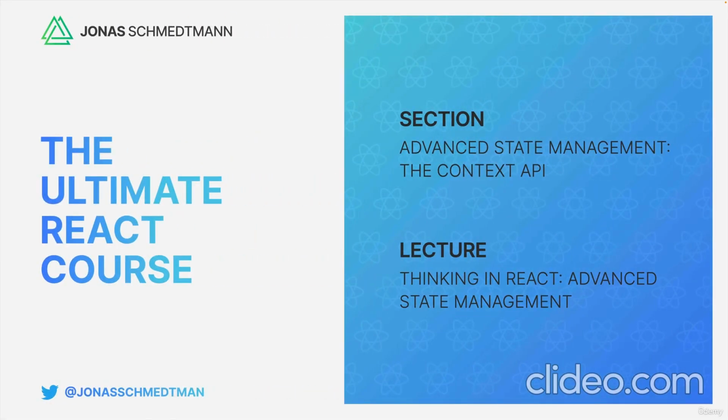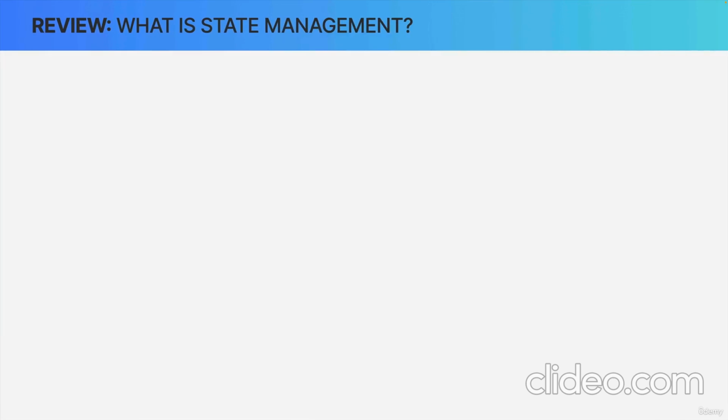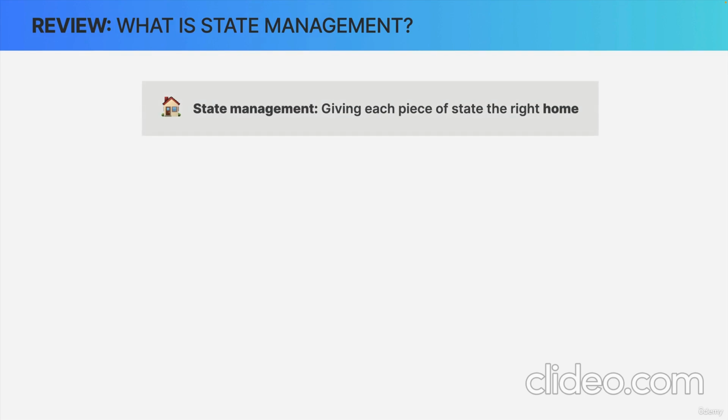So now that we know how the context API works, it's time to get back to talking about state management in general and how the context API fits into the state management tools that we already had before. Now, we already talked about state management earlier in the course, but it was more of an introduction. So back then, I told you that state management is basically just like giving each piece of state the right